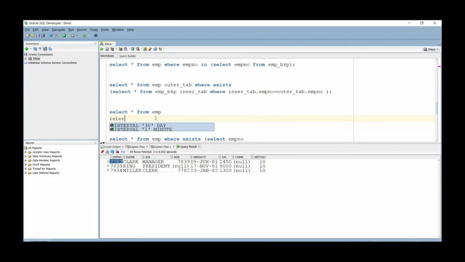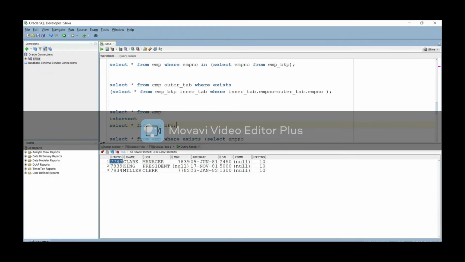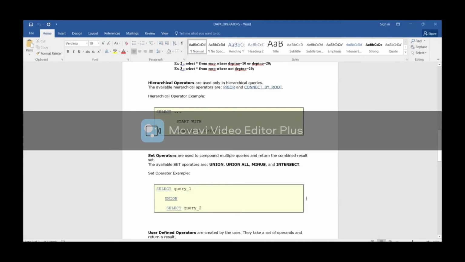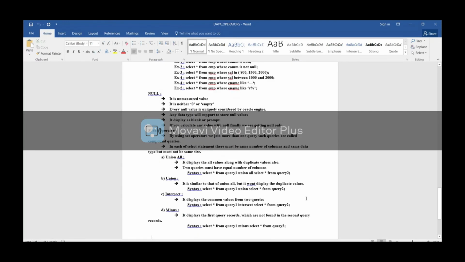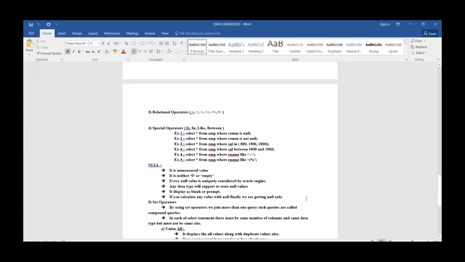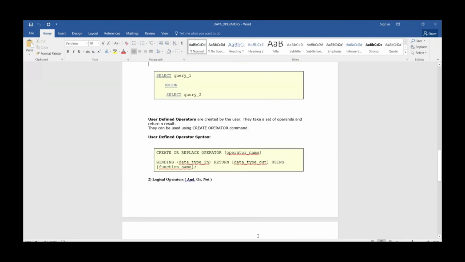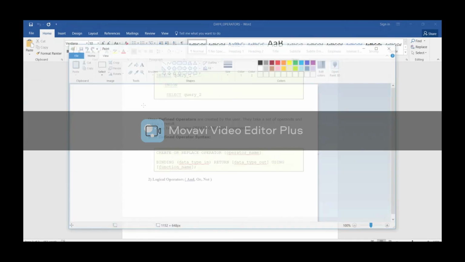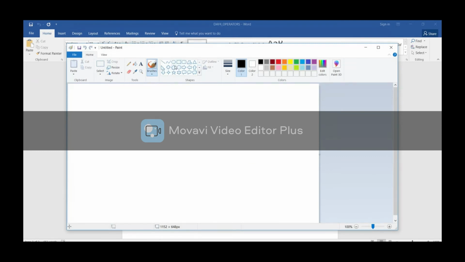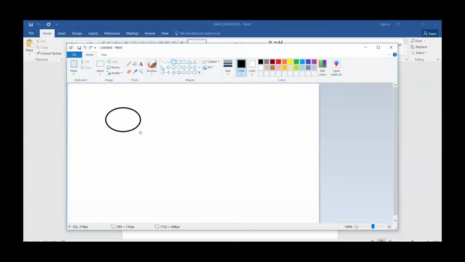In mathematics we also have sets: union, union all, minus. These are the set operators. We'll see some examples I have written.